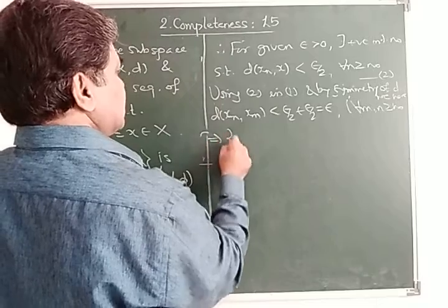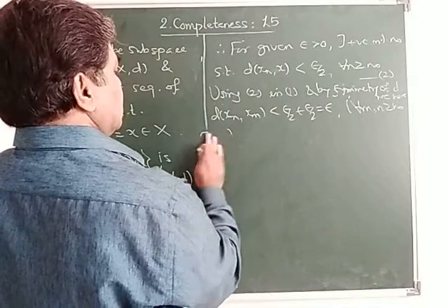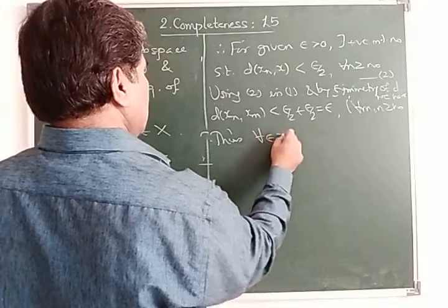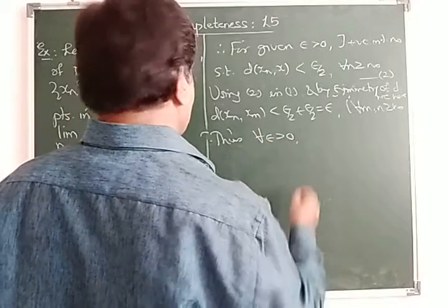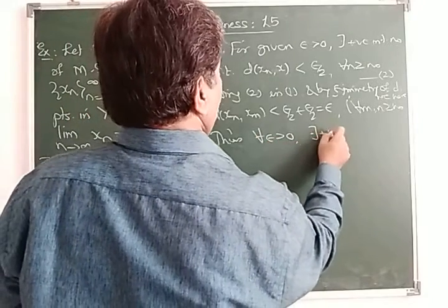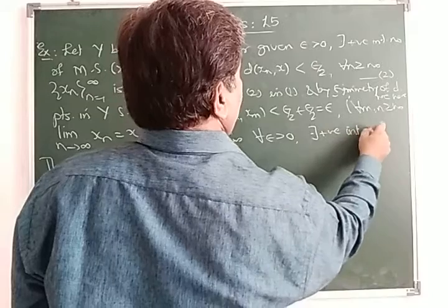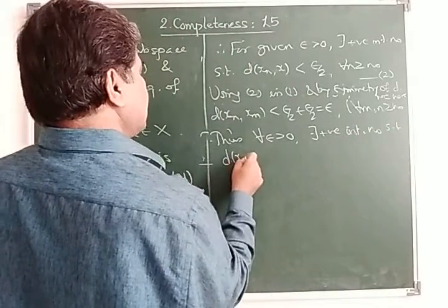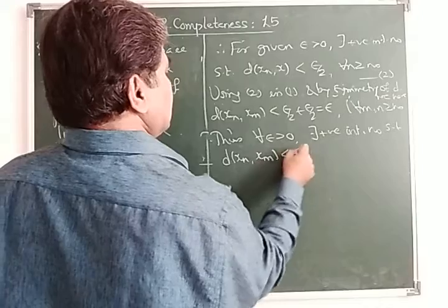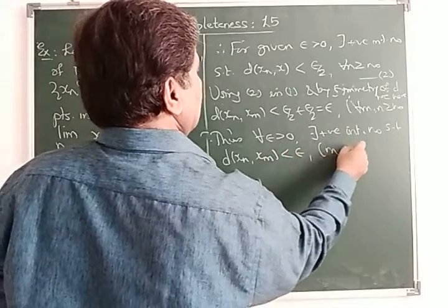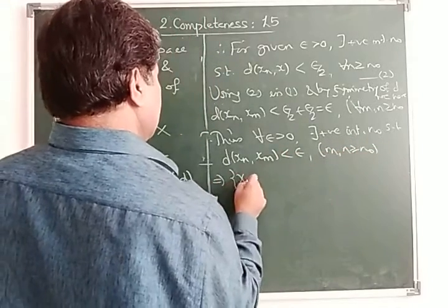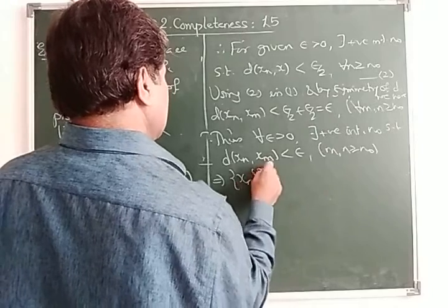Thus, for given epsilon greater than 0, there exists positive integer n naught such that d of xn xm is less than epsilon for any m greater equal n naught. This implies xn is a Cauchy sequence